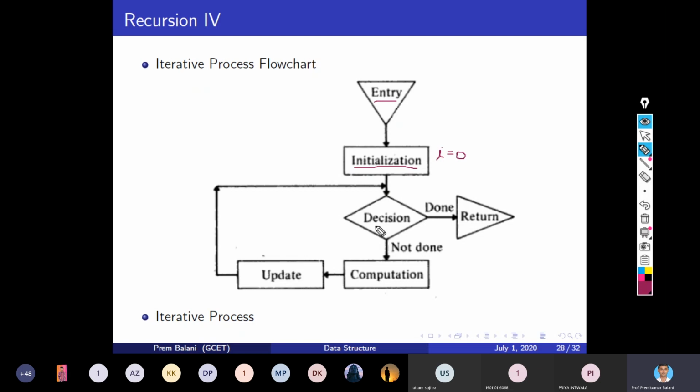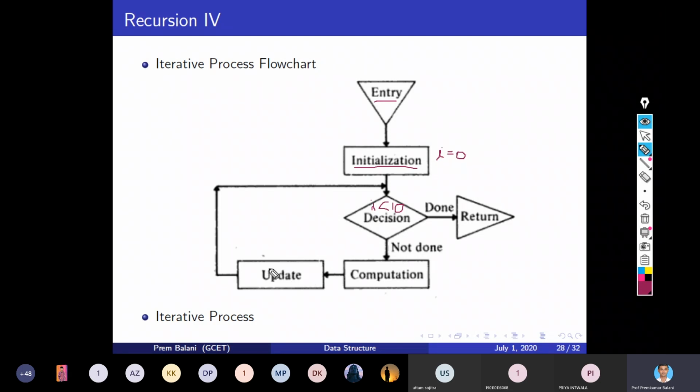Right, and then we take the decision like I is less than 10. Right, so this is the decision parameter, decision condition. If the decision is not done, then do the computation, and next is the update.